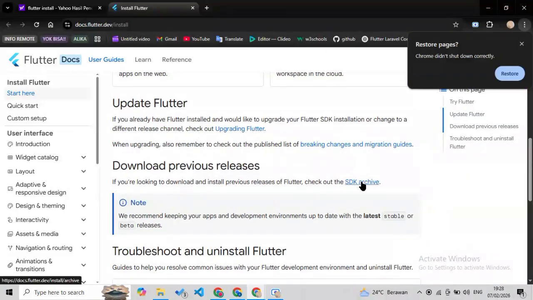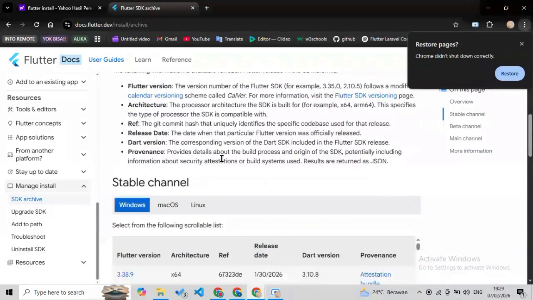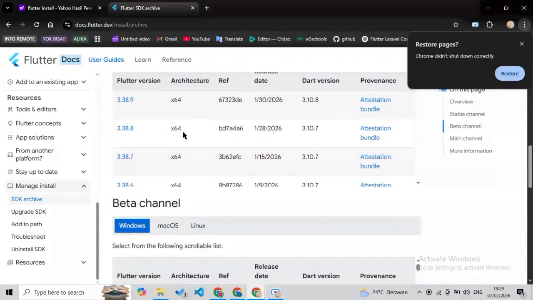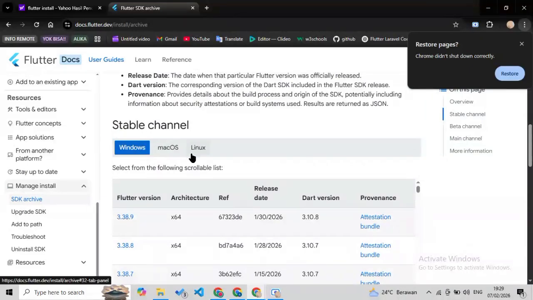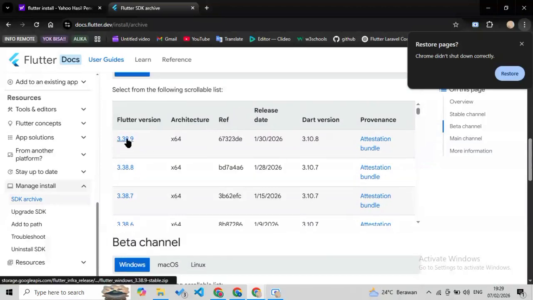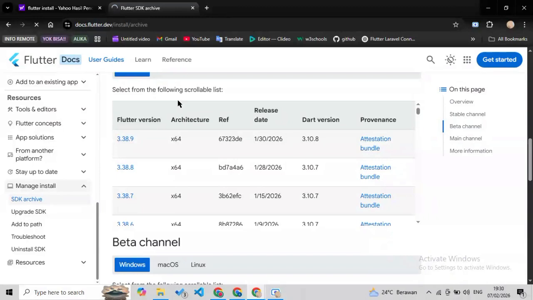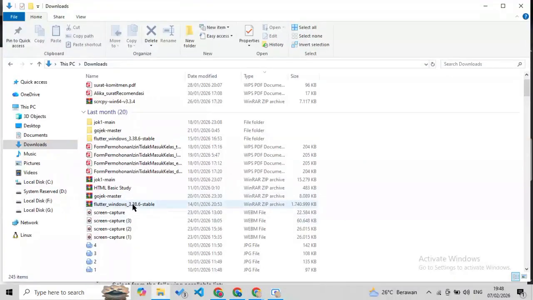After that, download the Flutter SDK based on your operating system. In this video I choose Windows, and the new version of Flutter. Waiting for the Flutter SDK to download.